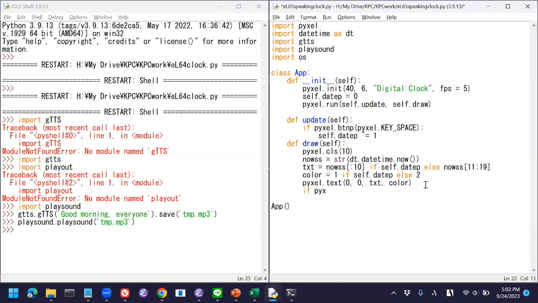So just as before, we need this one. So instead of key space, we use key S, okay? If we have key S pressed, maybe we prepare a temporary file name,